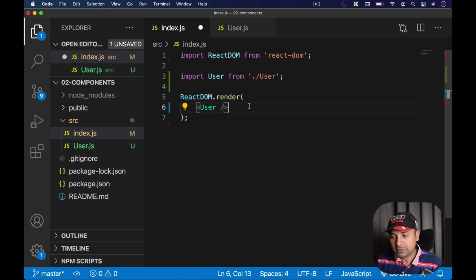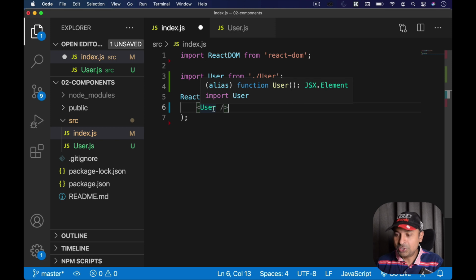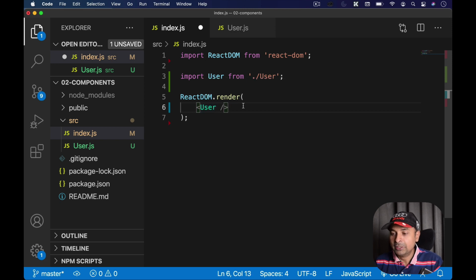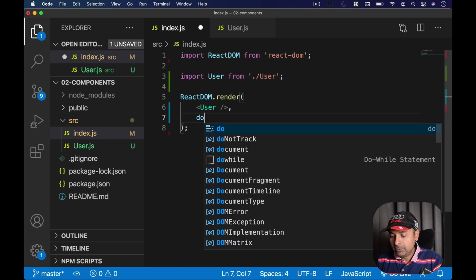So whenever you want to create any component, you need to write it in the style of HTML or JSX. So this is how we write an HTML tag. So I'm saying you take the user component, and we just want to render it.